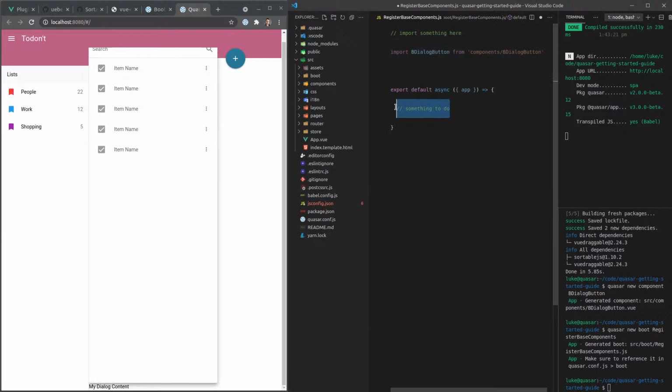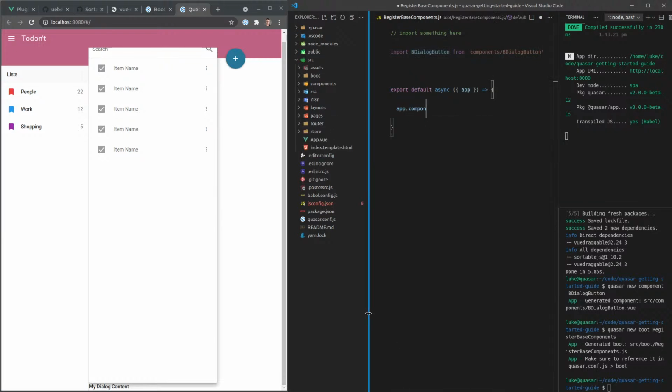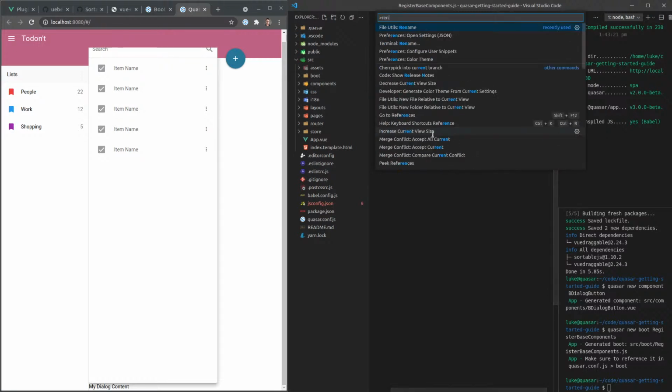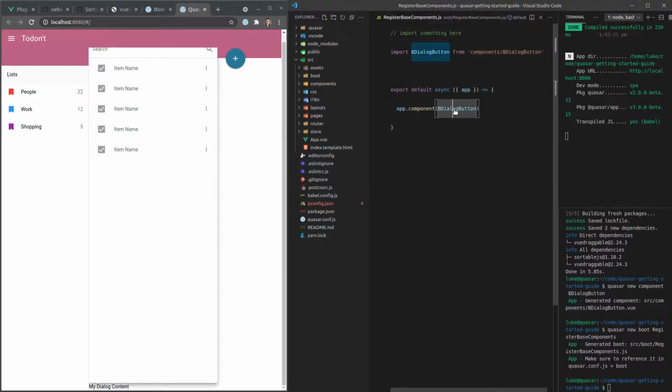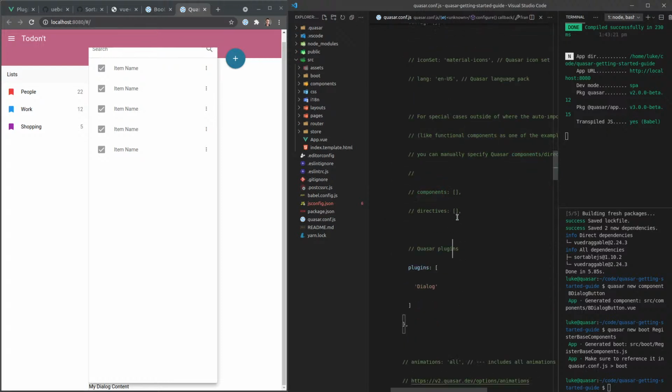Now we should be able to say app, and I believe it's .component. And I think we can just whack it straight in there. So let's go ahead and see if this works. Now we actually need to use this. So if I just copy that there and I jump into quasar.conf.js, here we go. Here's our